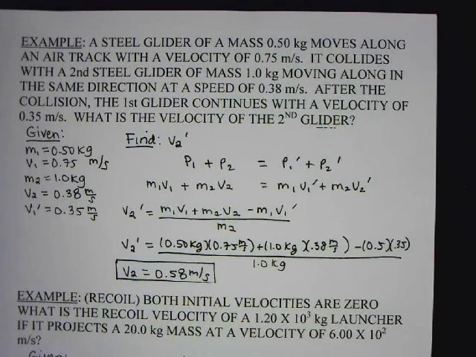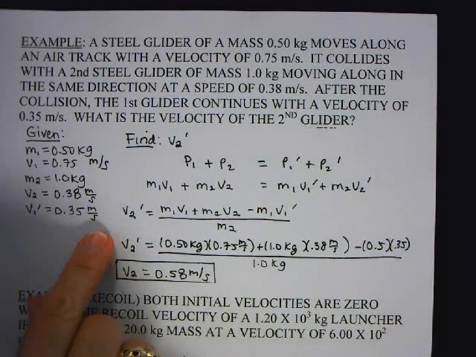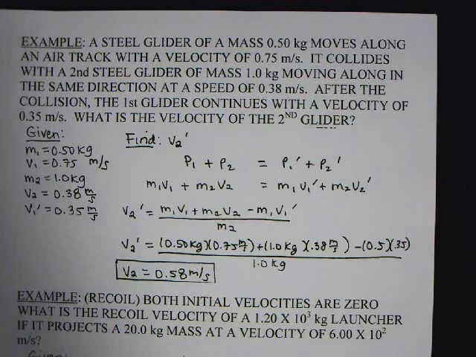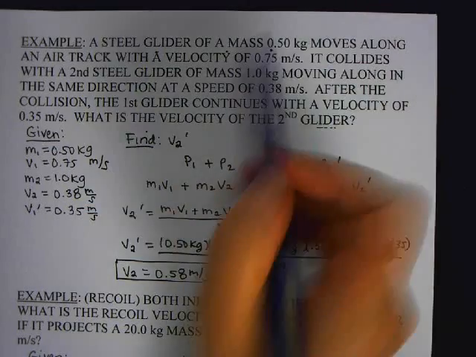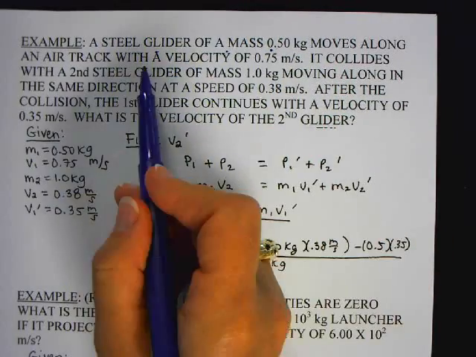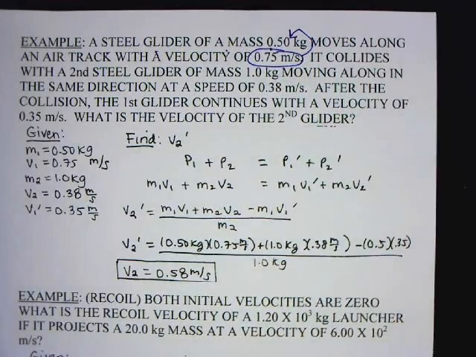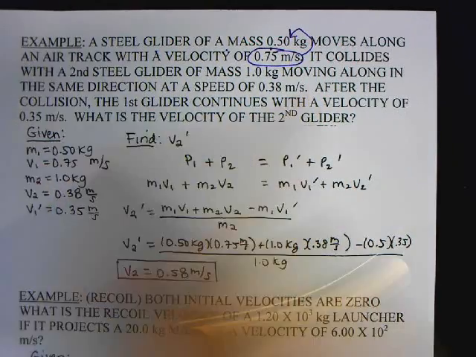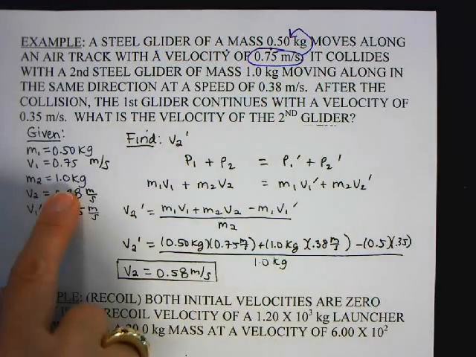So the first example says a steel glider of mass 0.5. Now, with momentum, you're going to be given a lot of stuff. To make sure you don't make a mistake, when you're reading the problem, chunk the problem, and as you read each variable, write it down. So it says a steel glider of mass 0.5 kilograms. Before I go on, I'm going to write that down; here I called it 1, M1 is 0.5 kilograms. Moves along an air track with a velocity. This velocity corresponds to this mass, so if that's M1, that's V1. It collides with a second steel glider that's mass 1 kilogram, so I'm going to write the second mass,